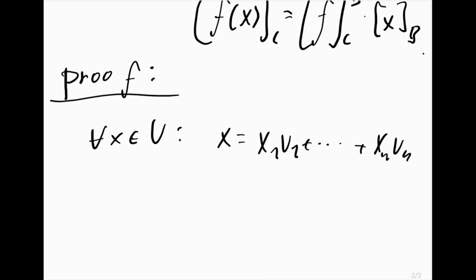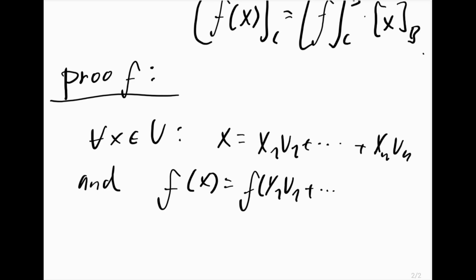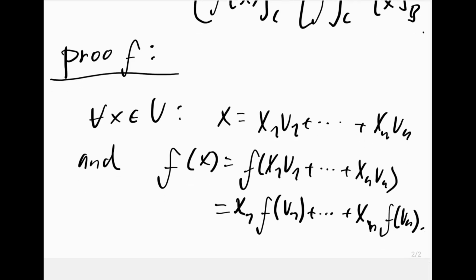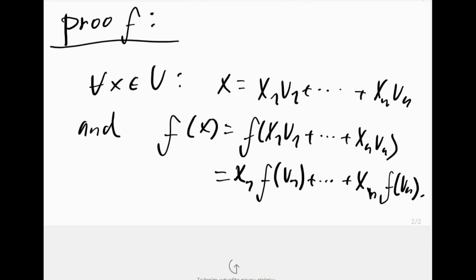And of course, with respect to the basis B, it applies also that f of x equals f of x1 v1 plus all these terms until xn vn, which we can take the x1 out of and also separate out by linearity, because it is a linear map. So we can rewrite this as such. And we also have a theorem regarding coordinates,